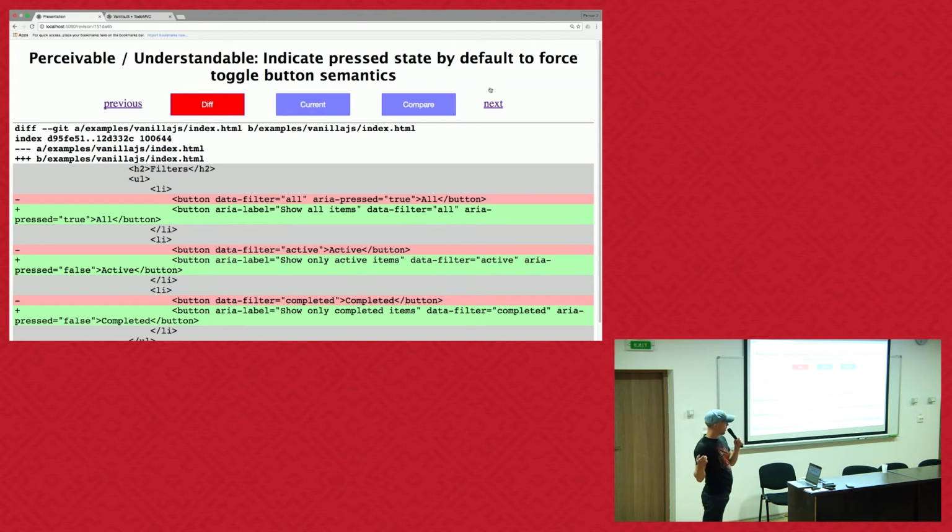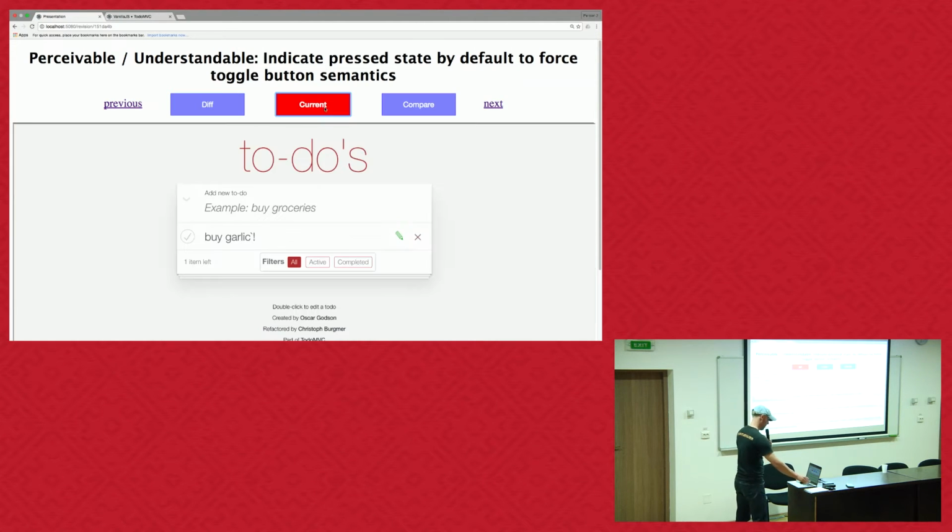We want to indicate the pressed state by default to force toggle button semantics. That's a lot of words. What that means is I want an aria-label, because they said active, completed. What the hell does that mean? Okay, so this is clearly what they say. They have aria-pressed false by default unless they're true, and that will also fix the unchecked checkbox problem. So